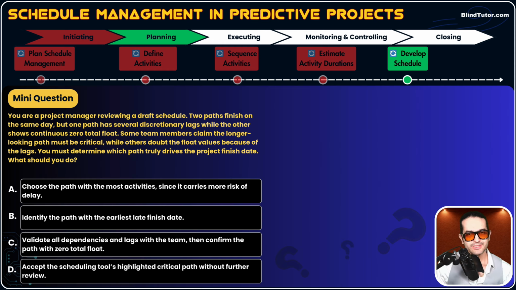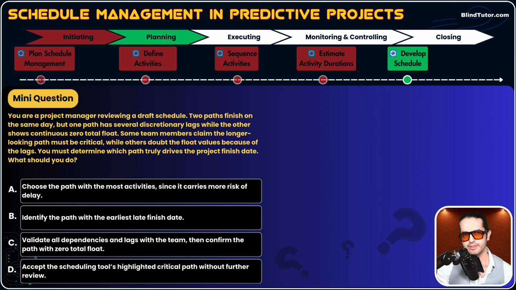Please pause the video, try to come up with the right answer. Now that you have unpaused, let's go line by line. You have your first draft of schedule, and there are two paths. So our schedule network diagram has two paths,